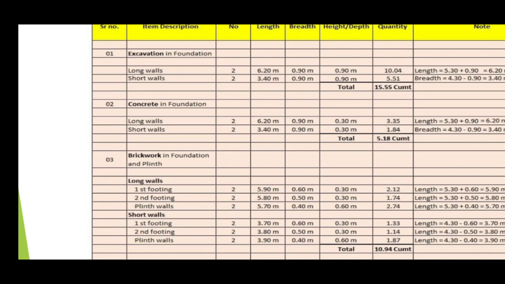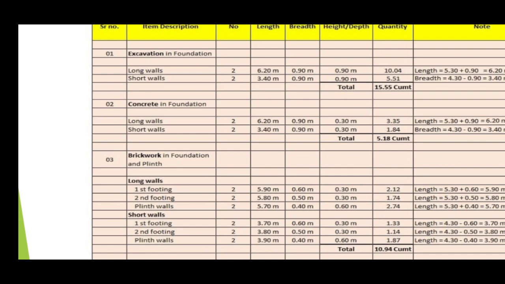This length comes from the center to center length plus half width of item from one side and half width of item from the other side. It is shown in the remark that it is calculated as the center to center length, that is 5.3, plus half width of item, 0.9 by 2, plus 0.9 by 2, which becomes 0.9, and the total length is